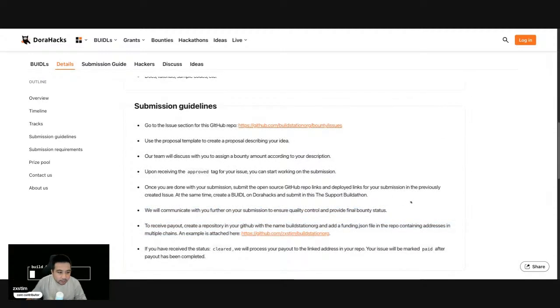In terms of submission guidelines, it's pretty straightforward. Everything is going to go to the issues section on the GitHub repo. I was debating using the bounty section, but I think I might go with a brand new one called Buildathon, a bit more specific for this. Whether it's bounty or Buildathon, whichever it is,